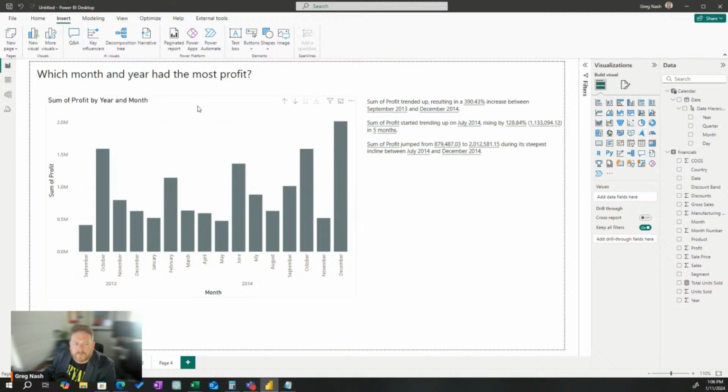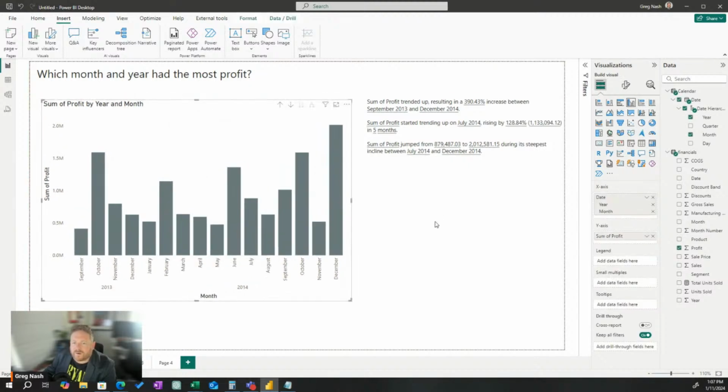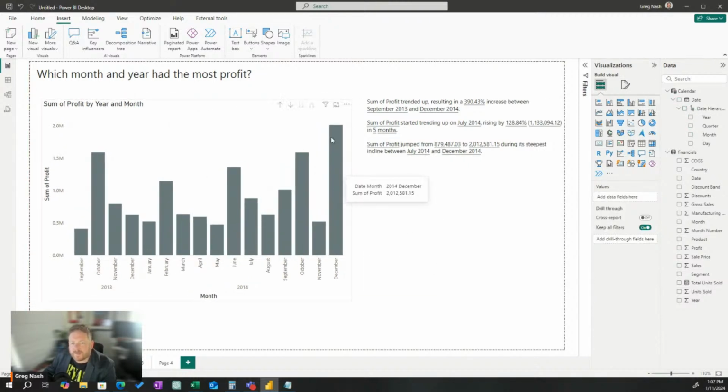Now, what I'd probably do in this scenario as well is create something that figured out which is the top one of these. So I wonder if I can do that. What would I put it in? Can I put it in like a card? A multi-row card?